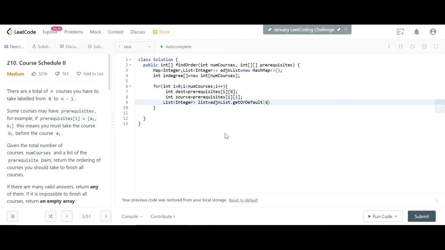The key will be the source one, and the list will be an ArrayList if it is not present, meaning either get or take the default one.